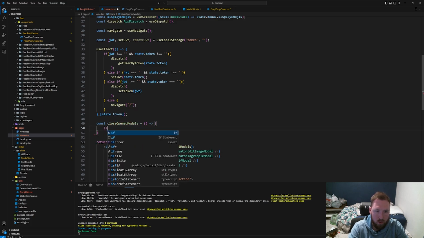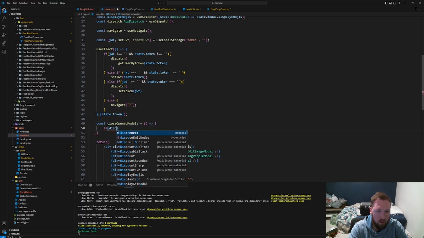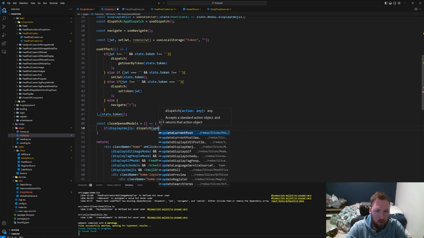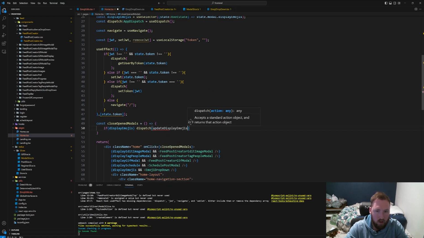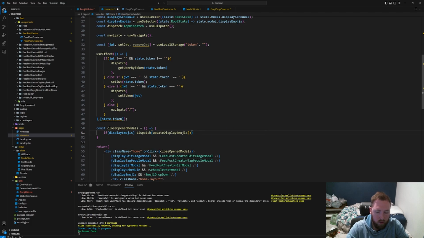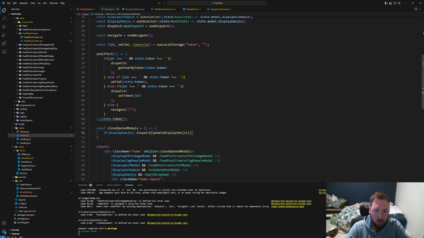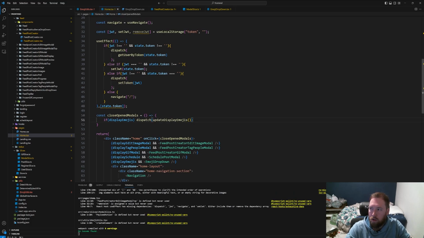So here specifically, we'll say if our display emojis is true, then we'll go ahead and dispatch update display emojis. So if it's true and we click outside and inside the home page somewhere,